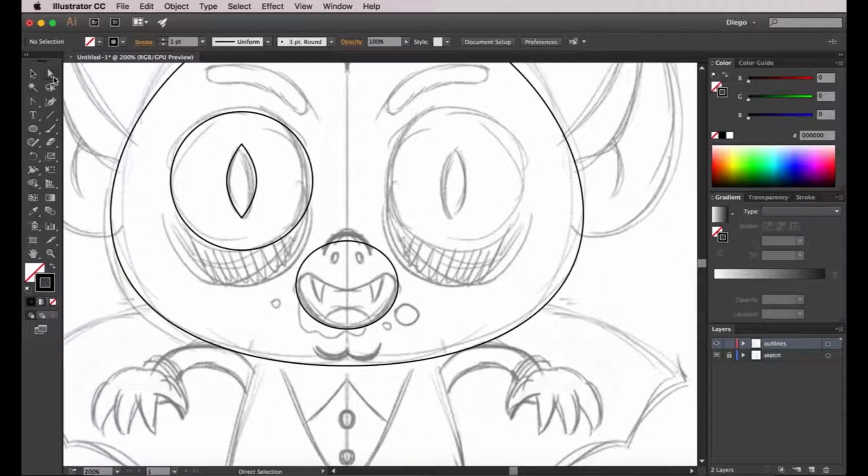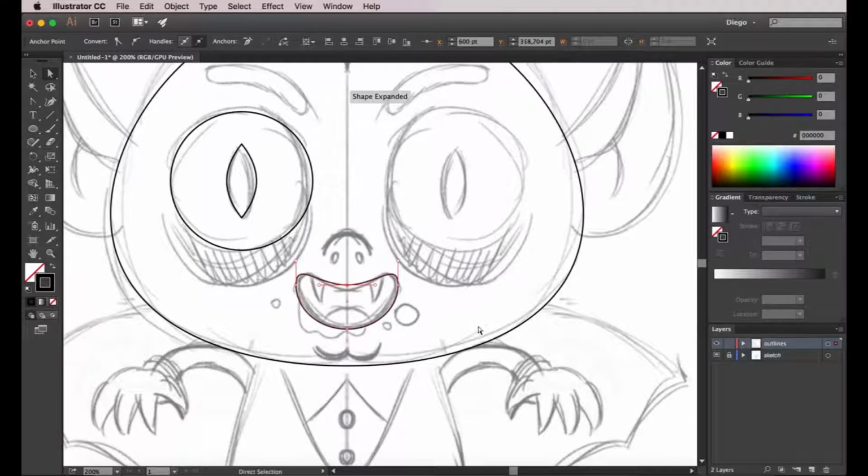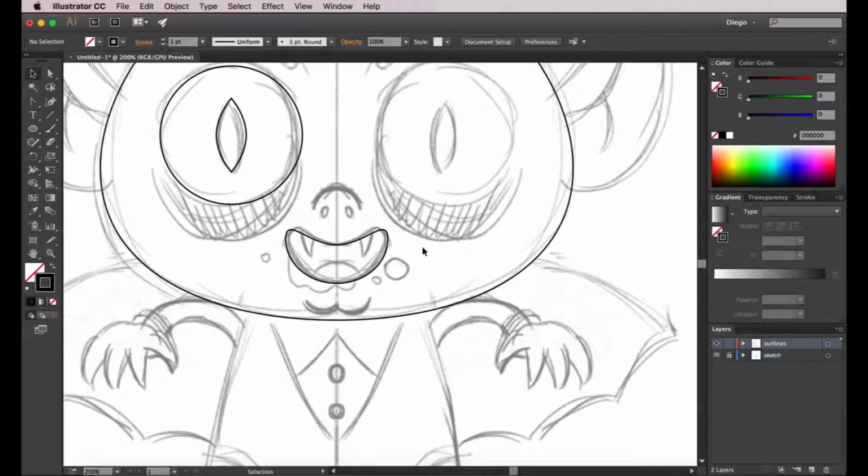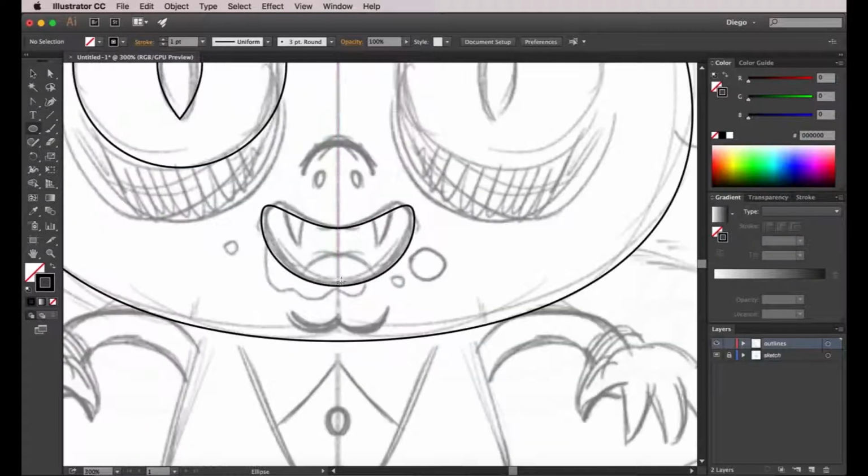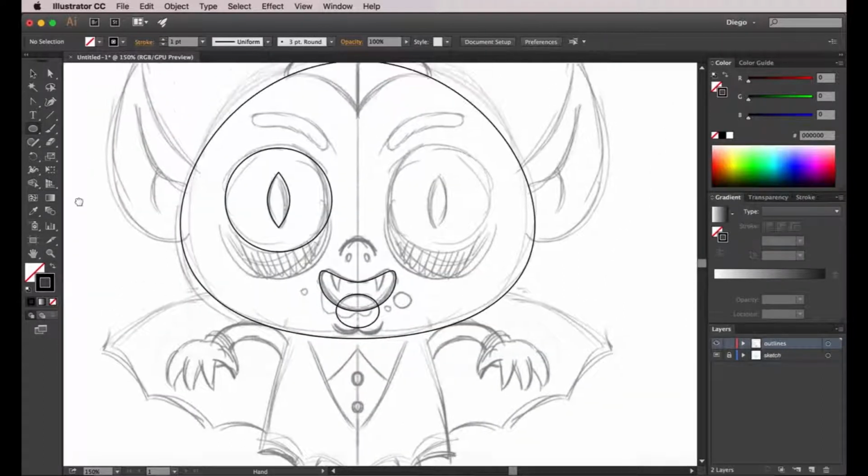I'm going to take the direct selection tool, which is the white arrow, and we're going to click on this top anchor point and drag it down. And there we go, we now have a mouth that more or less resembles what we have drawn on the original sketch. Okay, so now I'm going to create another ellipse here for the tongue, and now I am going to create